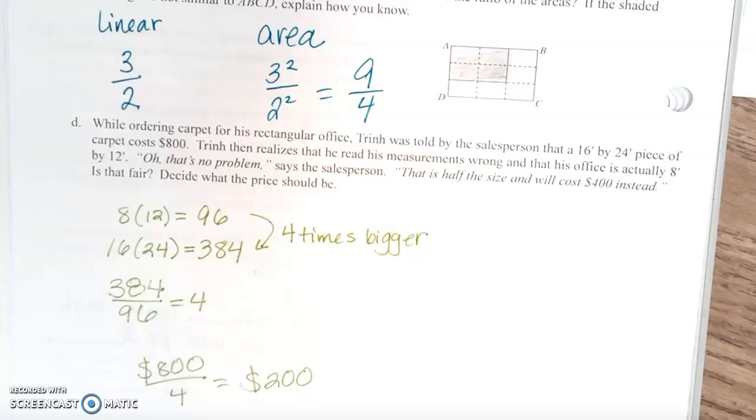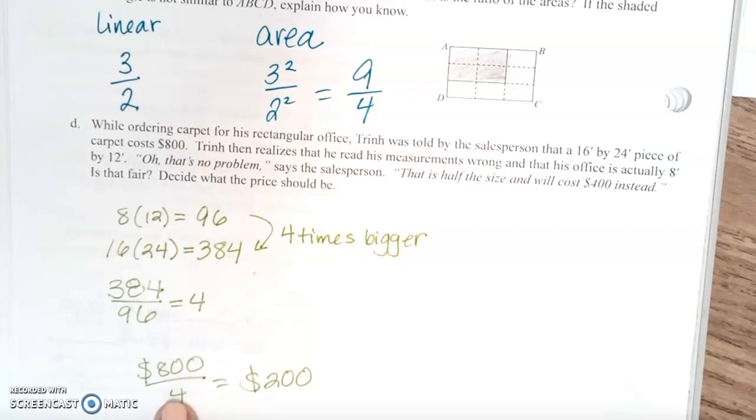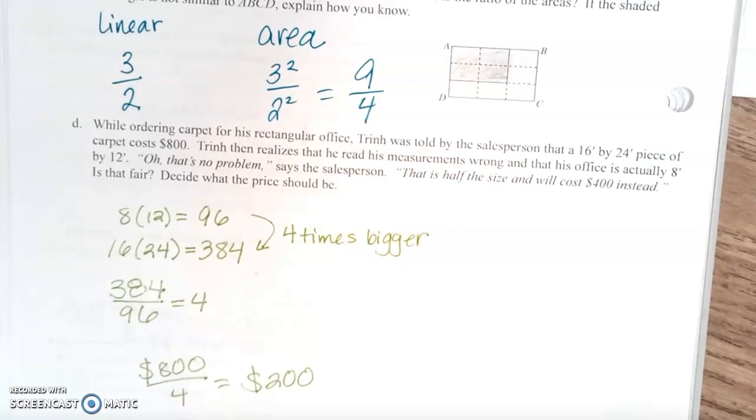So you should take 384 divided by 96. That means it's not half the price, it's a quarter of the price. So you want to take 800 and divide it by 4, not by 2, which gives you a way better price of $200. So you don't get scammed by the carpet guy trying to charge